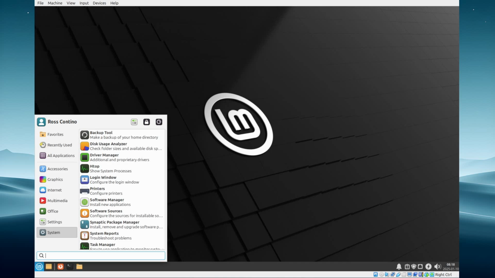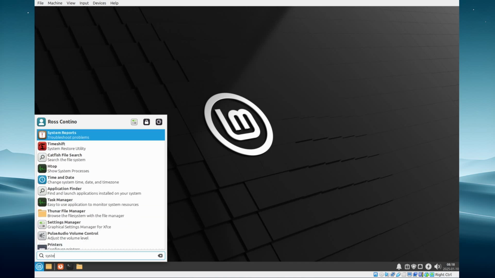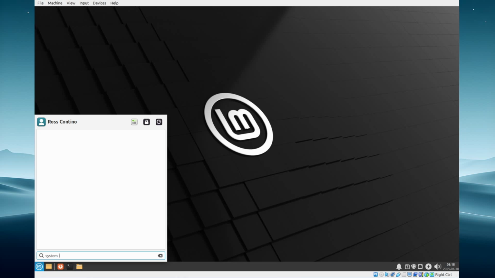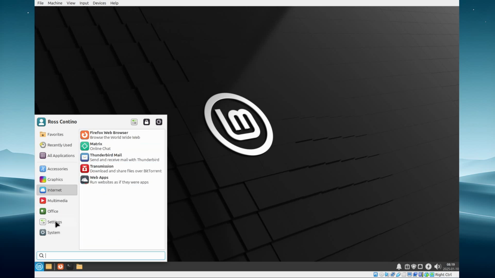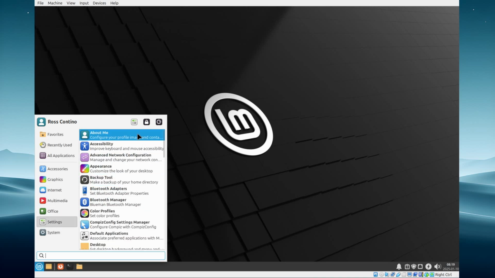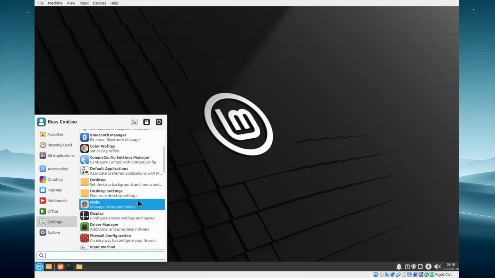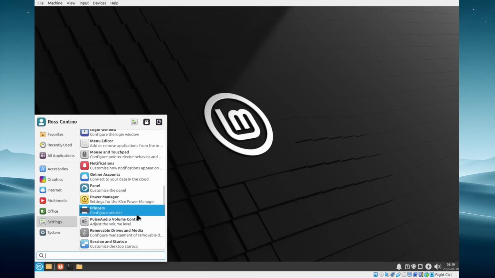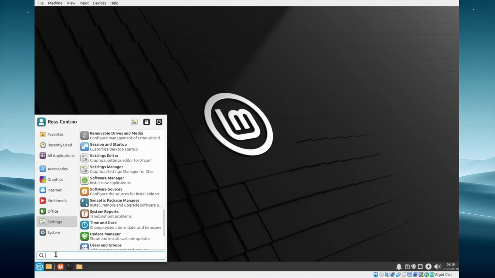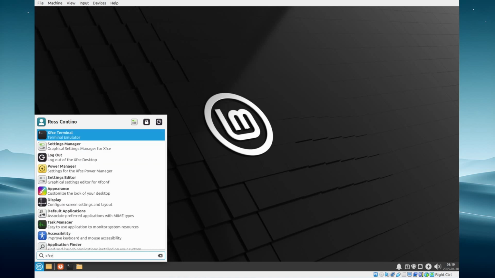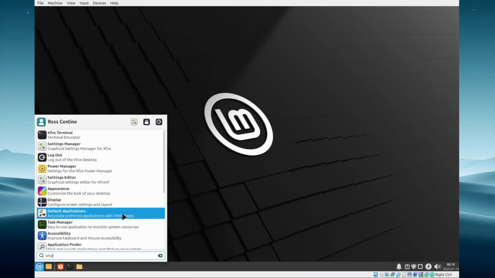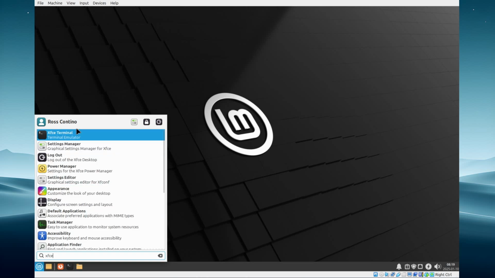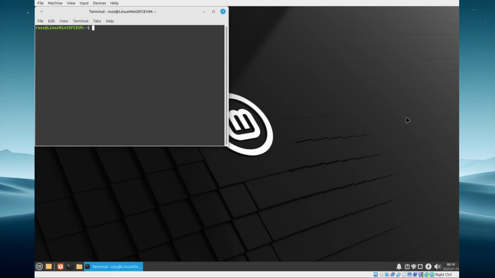Let's see if we can get some system information. Is it possible that they do not have About Me actually brings up your profile? I was hoping to pull up another About XFCE. Let me try just typing in XFCE, Terminal, Settings Manager. I guess that Linux Mint XFCE does not come with an About, but we can do just a quick little